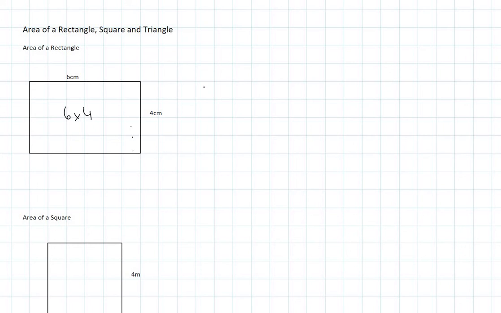How I want to write that nicely though is with a formula. The area of a rectangle is the length times the breadth, and it doesn't matter which way around these are. Here I've got 6 times 4, which is 24 centimetres squared. For area, a 2-dimensional space has a 2-dimensional unit, centimetres squared. And that doesn't just work